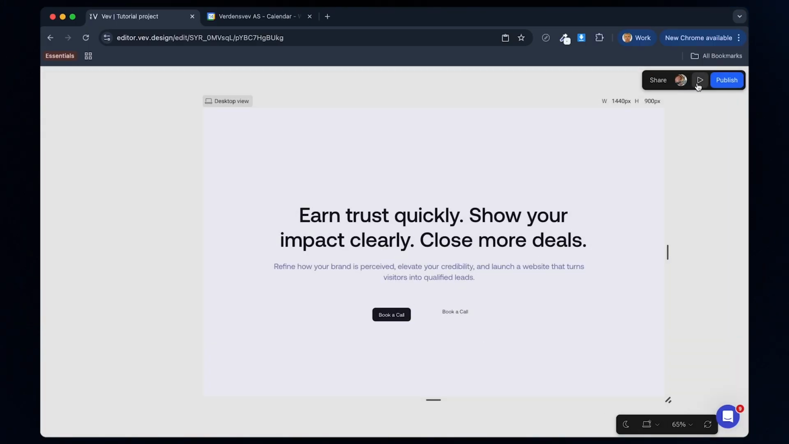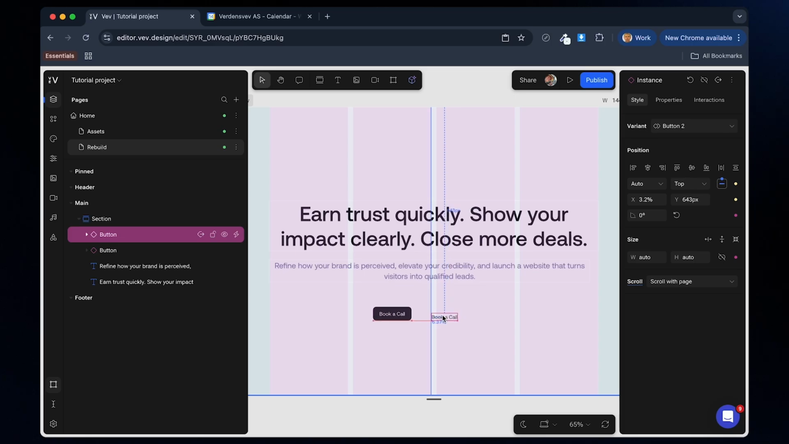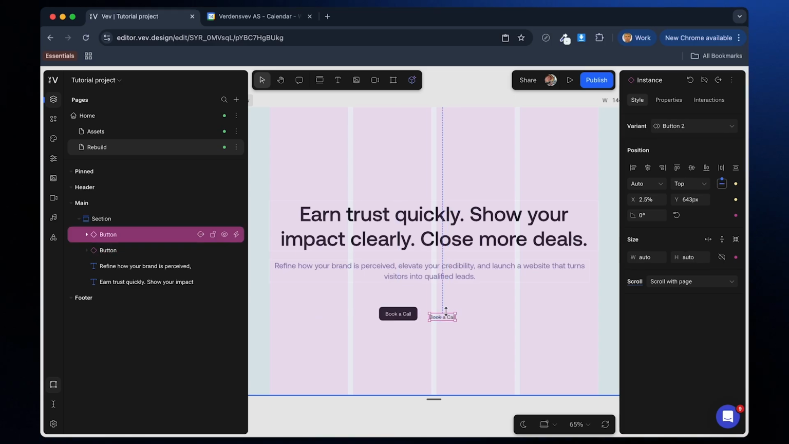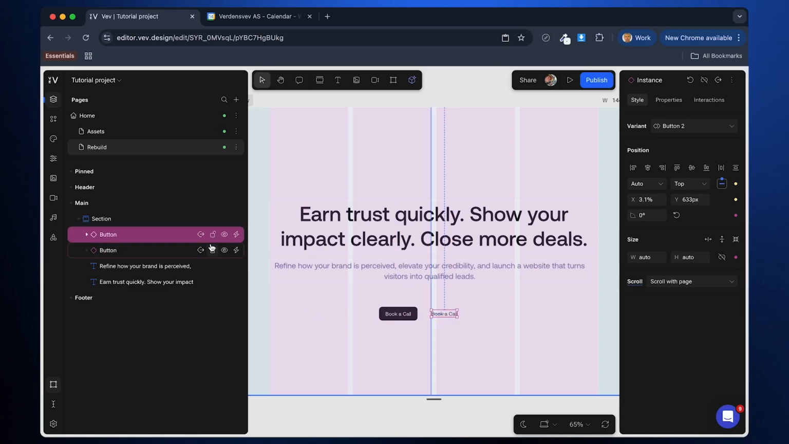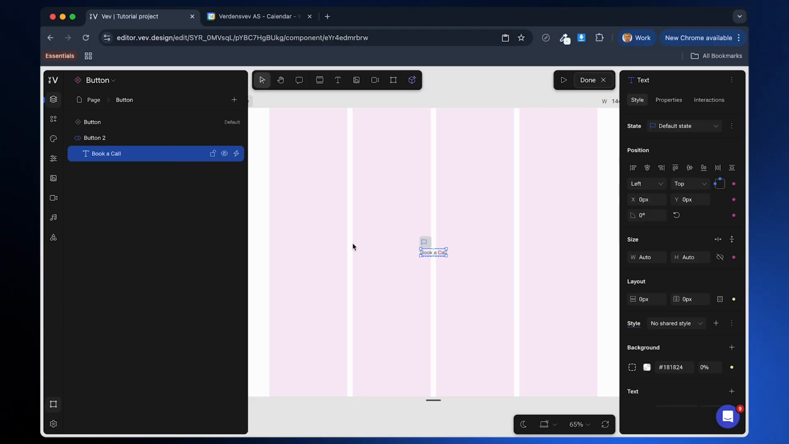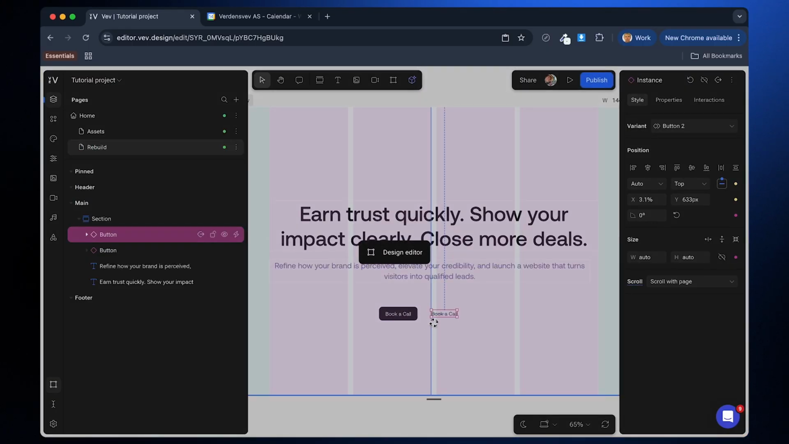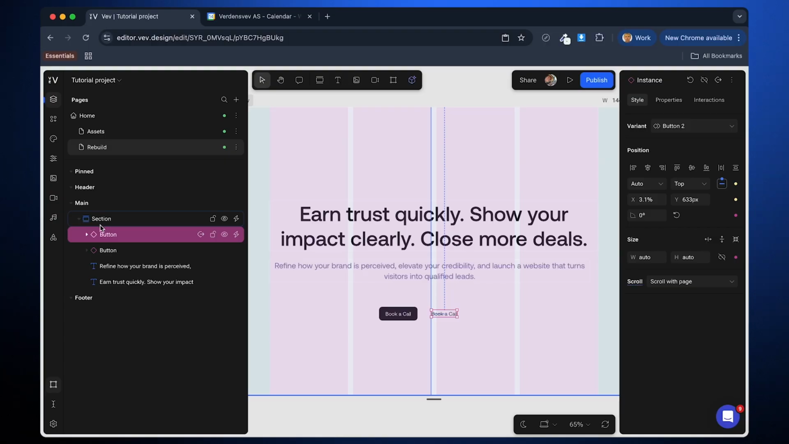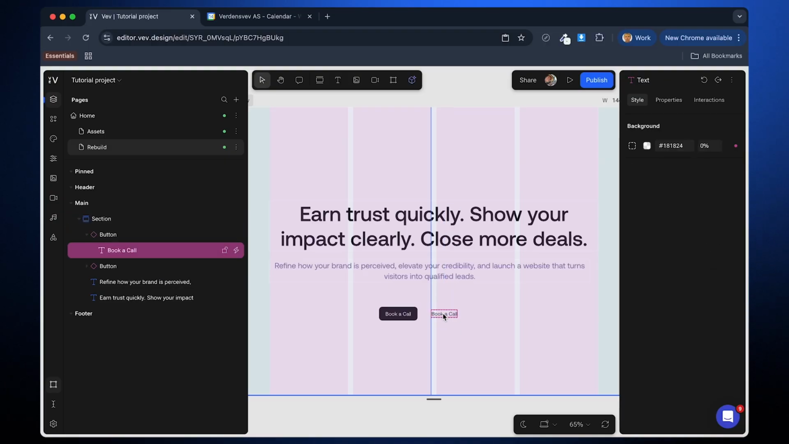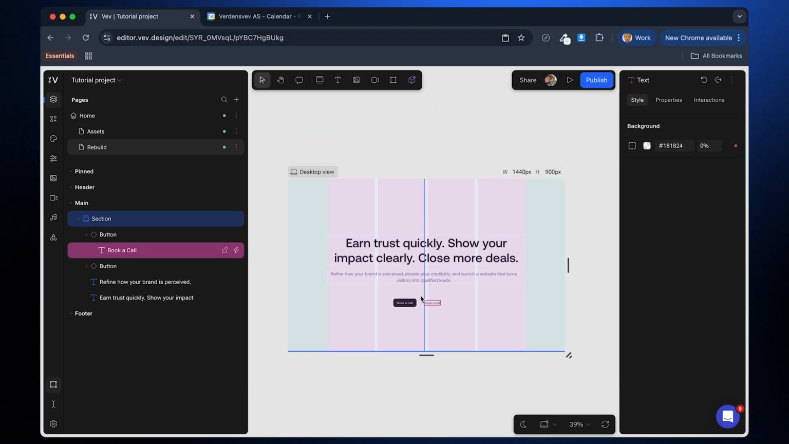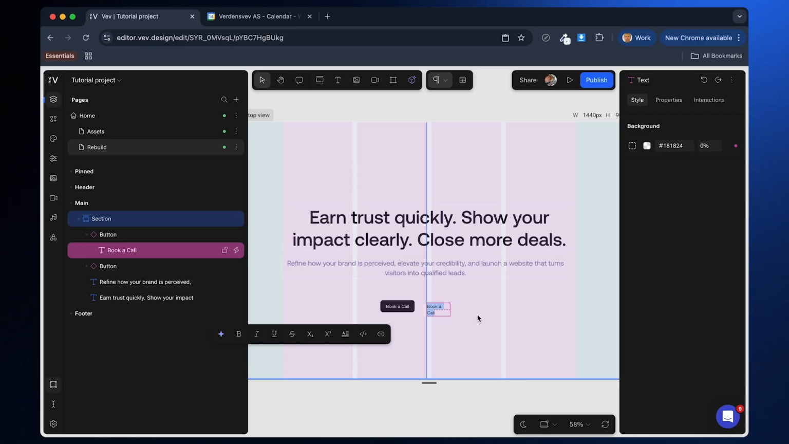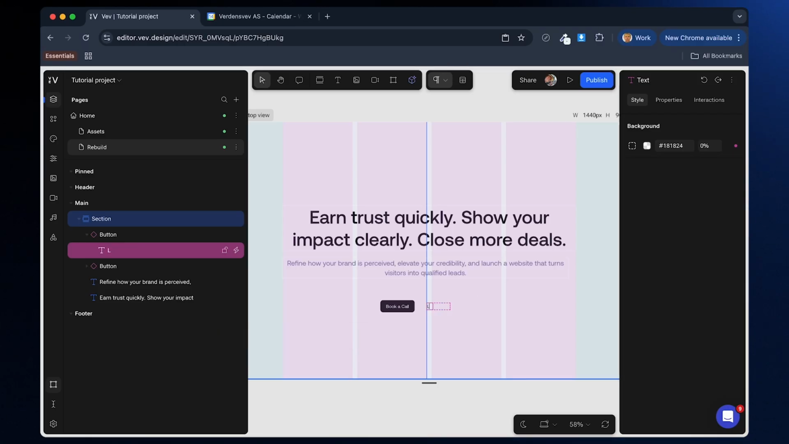Nice. So now what we need to do is to change the text on this one. And what you could do is go in here and then change the text on the variant. But that is not really necessary because when you have made a component, you can change the text outside of the component window, like so. And then this should be learn